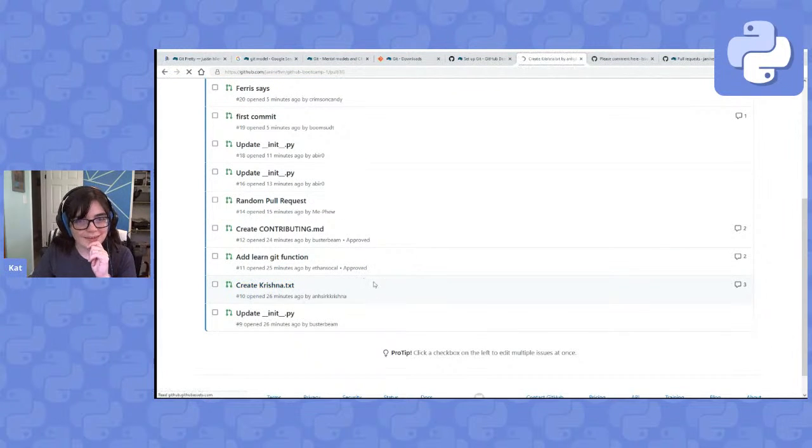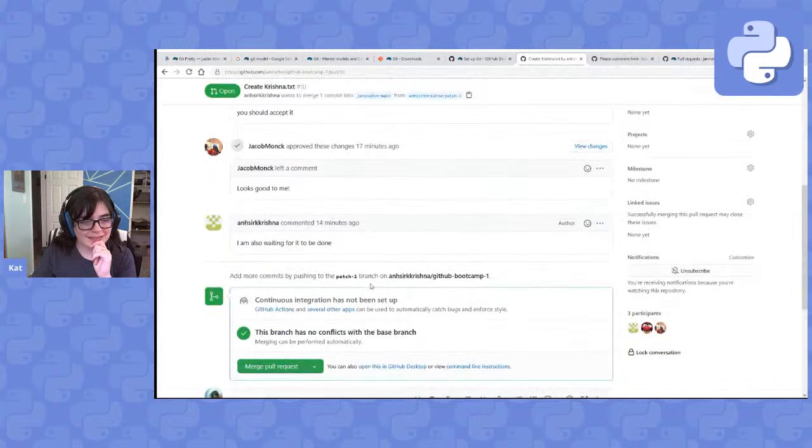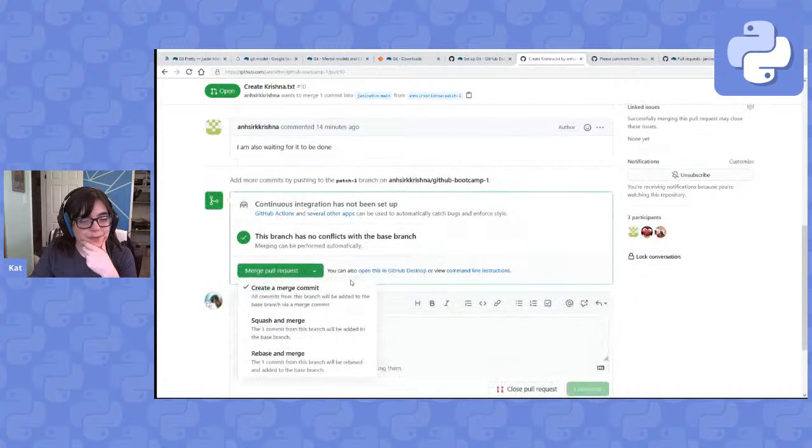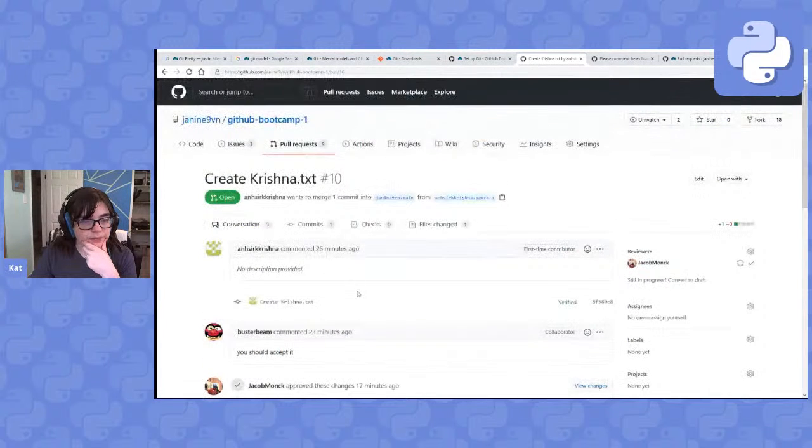Let's take a look at this pull request. Looks good to me, waiting for it to be done. Well, if you're waiting for it to get done, let's merge it. So one thing that you can do